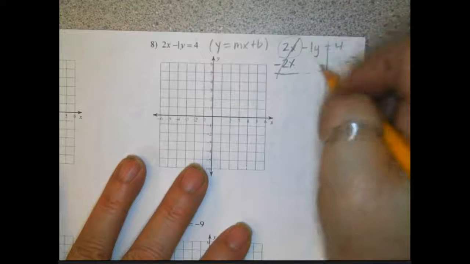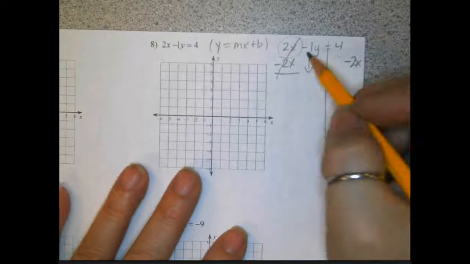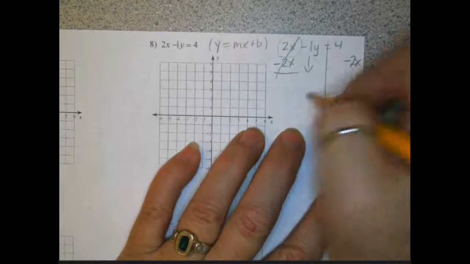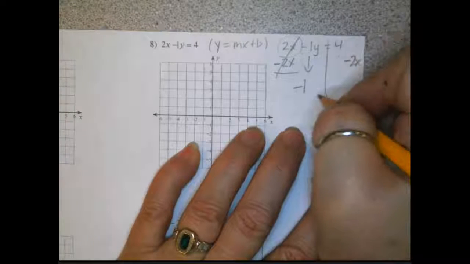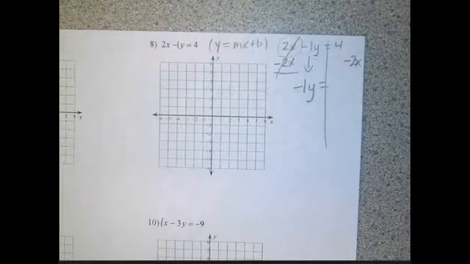So it leaves me with, and I need to bring this down. I need to bring everything down. A common error that is made here is you guys forget to bring down that negative. So now I have negative 1y is equal to,